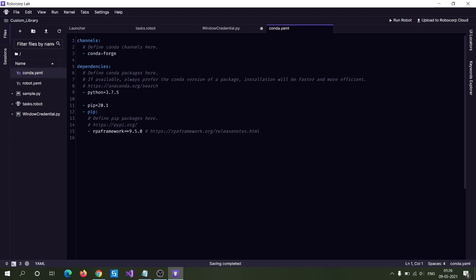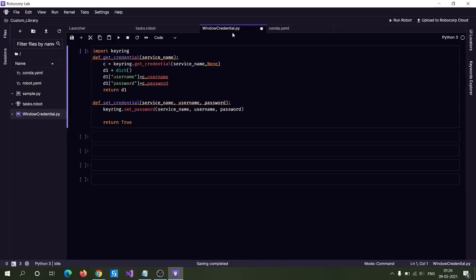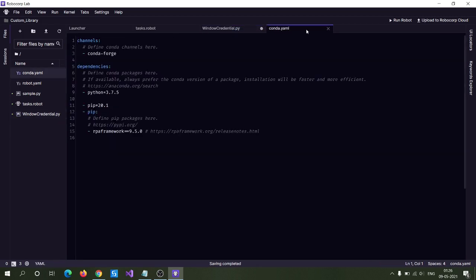In this example we are using the keyring module, which is an external Python package, so we have to import it separately. Whenever we use an external Python package in a custom library, we have to specify that library in the conda.yaml file, so that whenever the process runs, it will automatically install the libraries required for our automation.